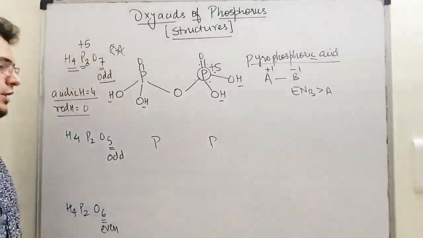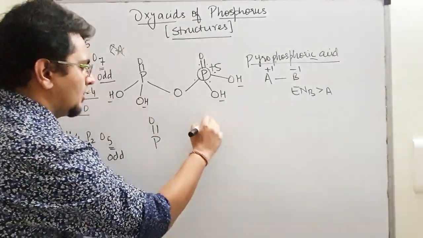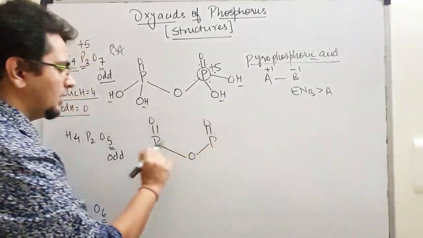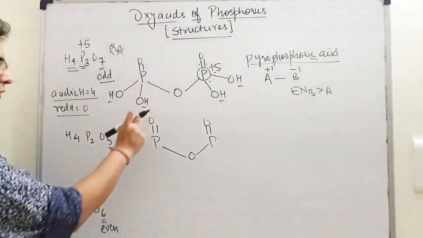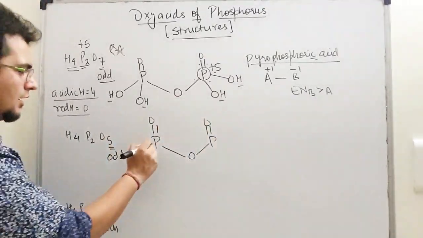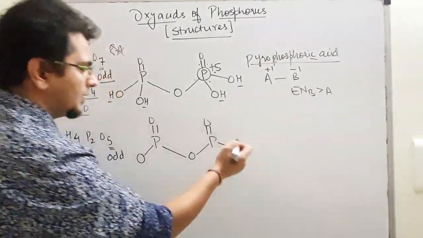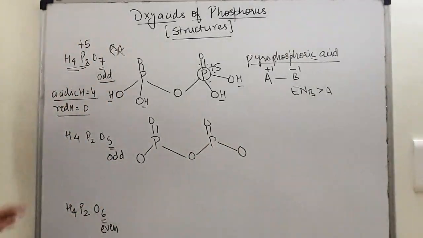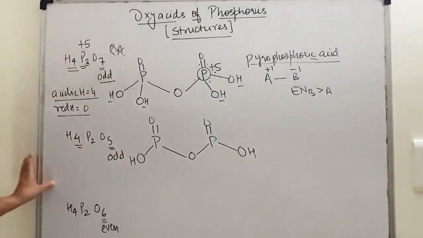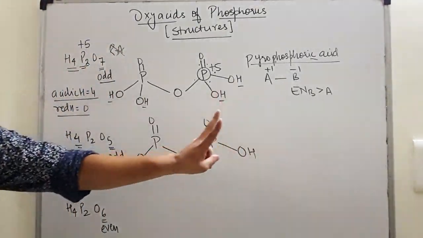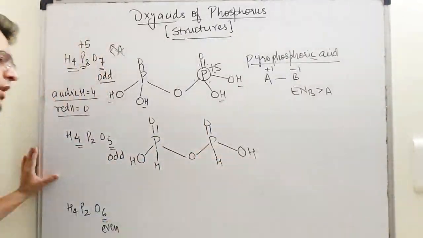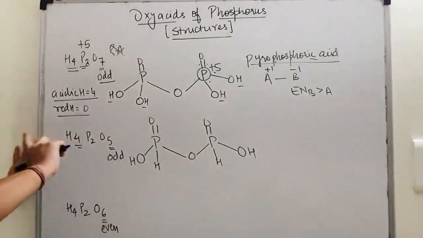So you will write 2 phosphorus, double bond O compulsory. So there is an odd number of oxygens. Odd number of oxygen means 1 will be shared between the 2. Now out of 5 oxygens, 1, 2, 3 I have used. So 4 and 5, game over. Now what? Now attach hydrogen to oxygen first. So there are 4 hydrogens. Out of that, 1 attached here, 1 attached there, 2 attached. 2 more are to be attached. So it will be attached to the central atom. Done. Equal distribution. Partition should be correct.